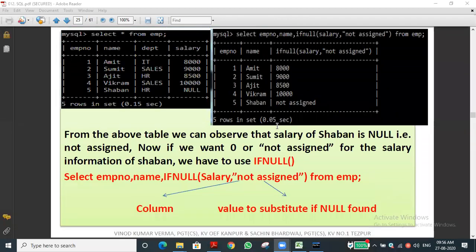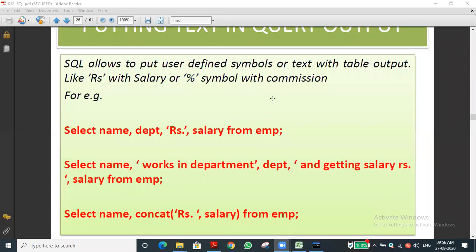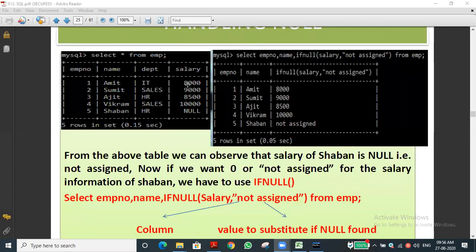For example, in the query output, salary is 8,000, 9,000, but if you want to add RS, that is rupees, or the rupees symbol, which is also there nowadays.